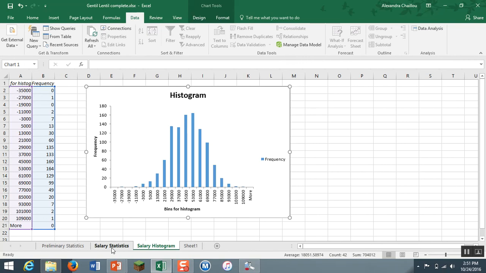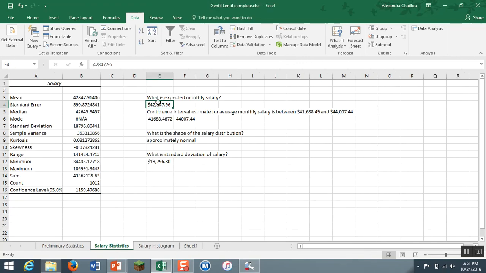Now that said, Sanjay was after $5,000 a month, and the expectation we're giving him is roughly $43,000 a month. So even if he is off by $19,000, he's still well above where he wants to be. What he needs to know about this is that he cannot count on $43,000 per month, right? He needs to know that there's going to be times where this is going to be way off from that. However, given that this is so much higher than what his desire was, this still seems like a pretty good